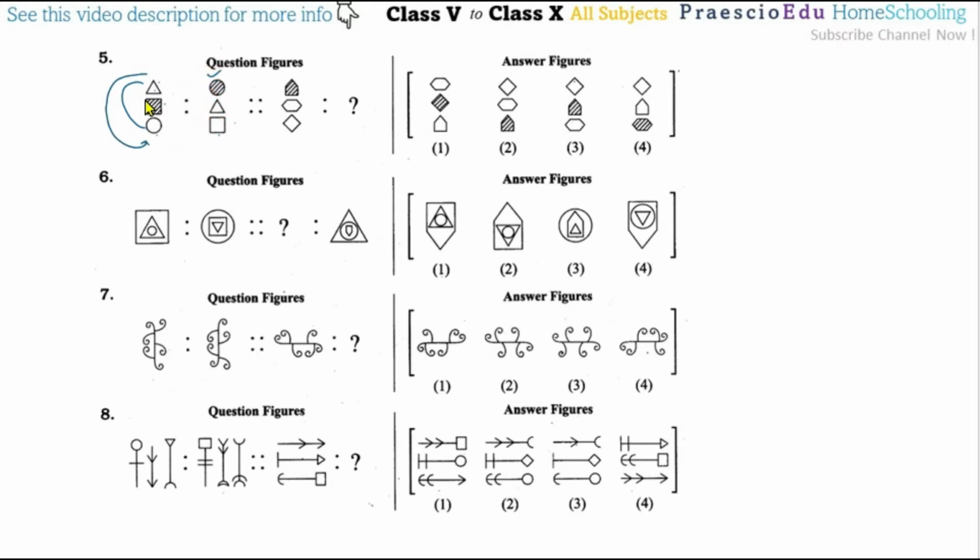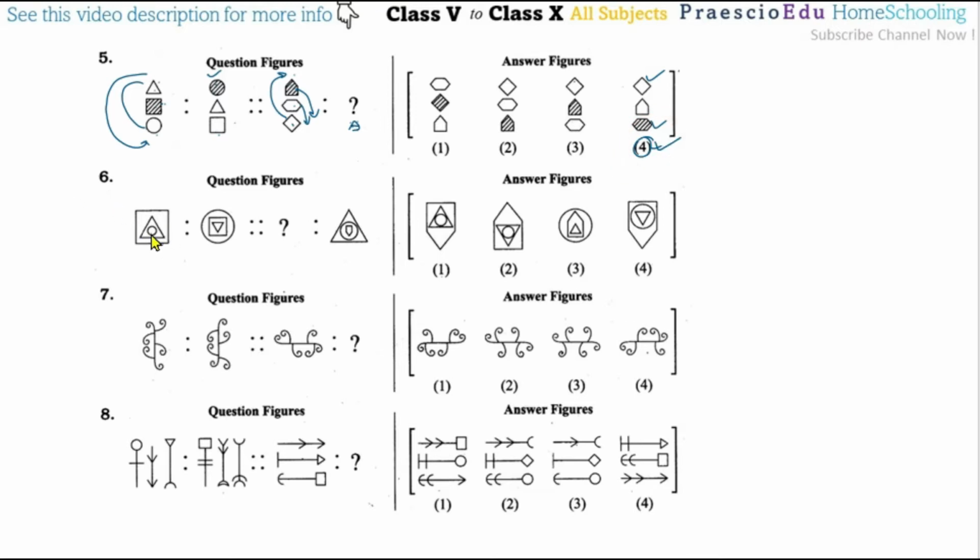This is the meaning. Now it's in the middle, so the shaded one will go on top. Like this one, the top shaded comes here at the bottom side. Now this pentagon will be at the bottom. So like this one, option number 4 will be here. This will come at the top and this will move to the bottom side, but this should be here with a shaded portion, and this will be at the top, which means this is correct. So option number 4 is the correct one.